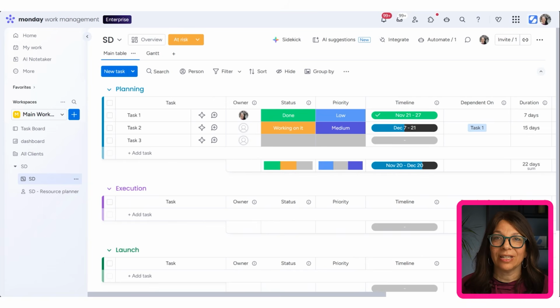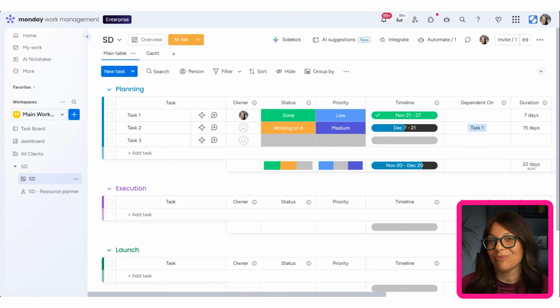But in summary, there's a lot of different ways that you can set up your structure within Monday. You need to think about what's going to work for your users, what's going to work for the people on top, if it's an executive team, a leadership team, whoever it is, to see their information. And you need to think about how people are going to see the information that they need to do every day. The different types of ways that you can organize your board, just to review, is that you can have